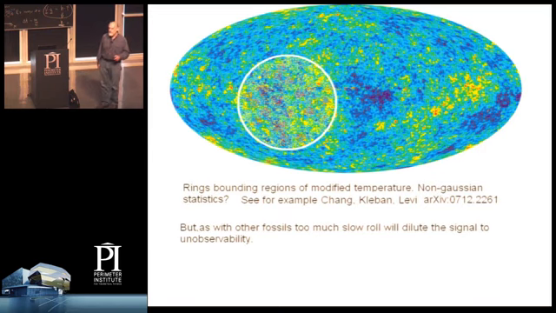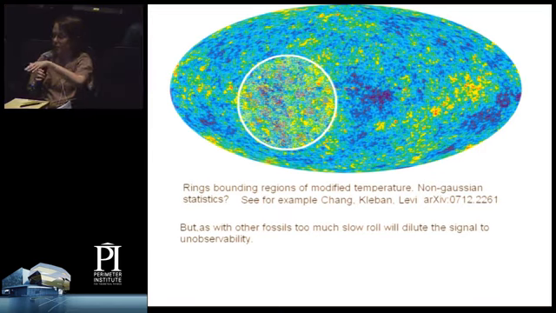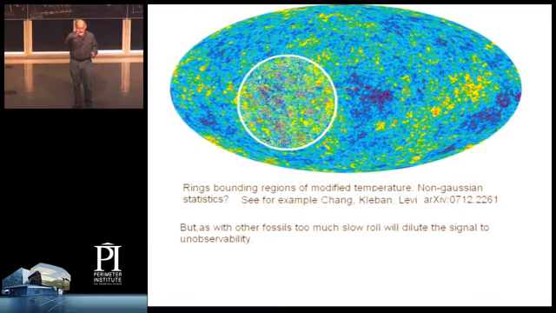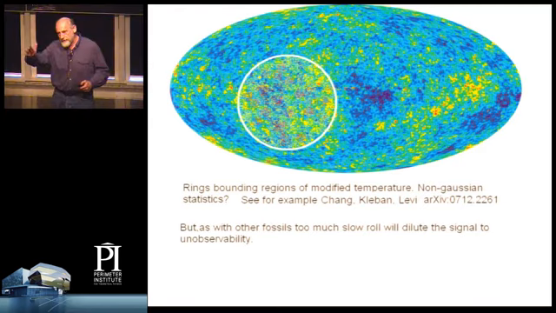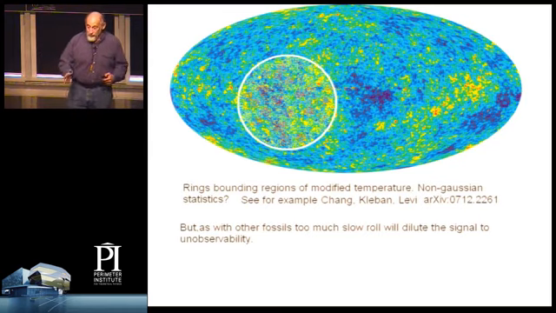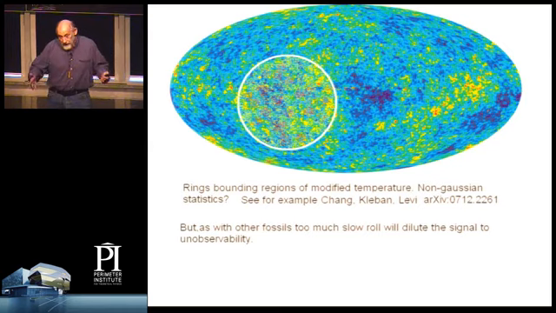So what about non-Gaussianity from the fact that the potential is steep before you start inflating? Yeah, that's an interesting question. It depends on how steep. There's a critical curvature of it before you enter the slow roll region, where you go from a region in which the scalar modes are suppressed, if it's very steep and sharp, to a region where the scalar modes are enhanced, if it's too shallow. So you could get either: you could get the scalar modes enhanced or suppressed at low L. Now, we know it's suppressed at low L, so that could be indicative of something, but it could also be indicative of nothing.